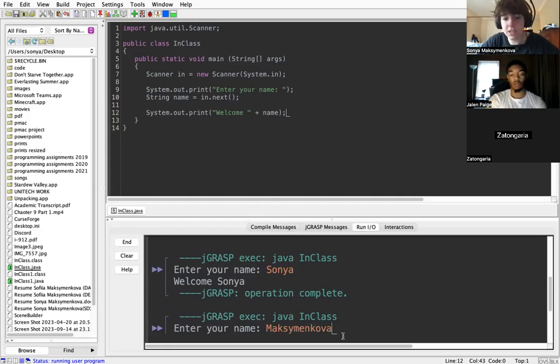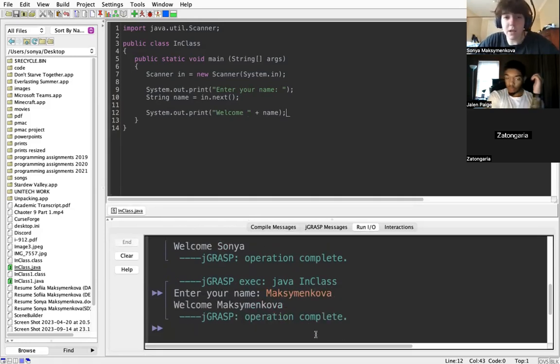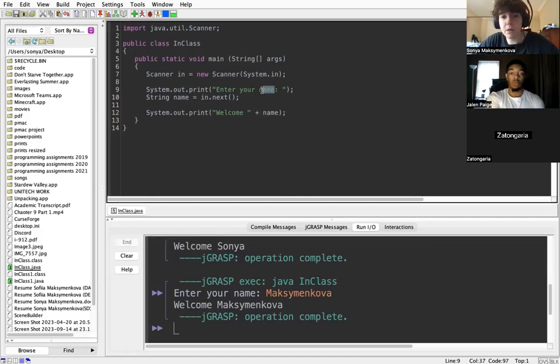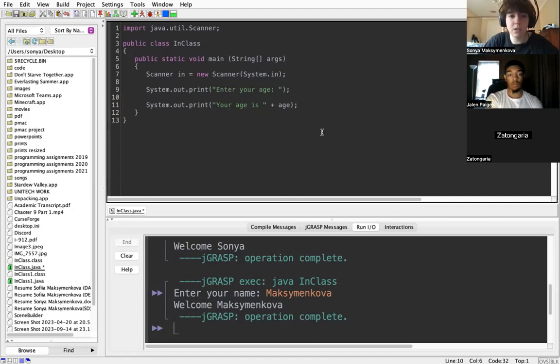And it will work for any name. Whatever you type, it's just going to work for you. Now, it's the same idea, for example, if we want to get the user's age. Let's look at this. If we want to get the user's age, your age is, we're just gonna delete this. We're gonna create a new variable, integer variable age, and we're gonna assign it to